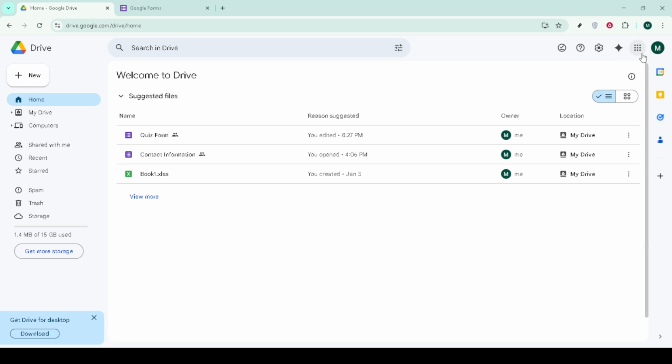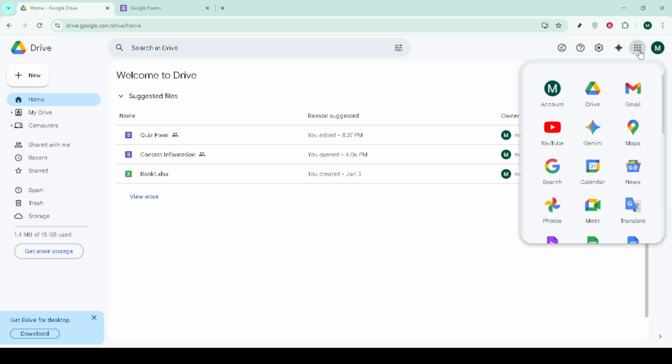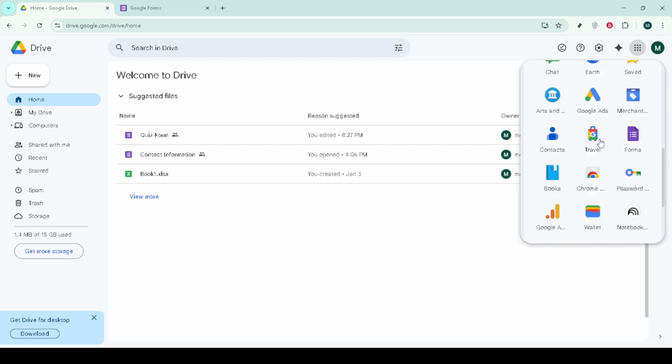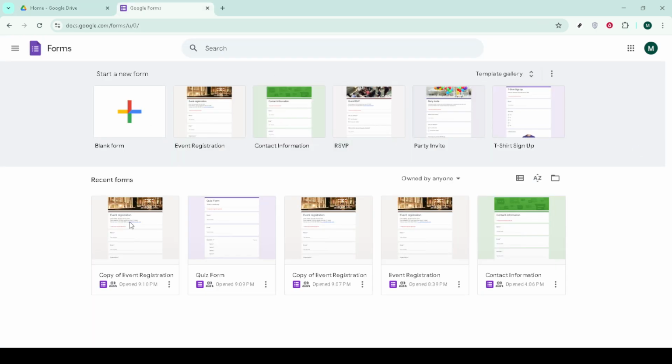Next, look toward the top right corner for the Google Apps grid, the small icon made up of dots. Click that to open the app launcher. From here, choose Forms. This takes you straight to the Google Forms homepage, which lists forms you've created or recently